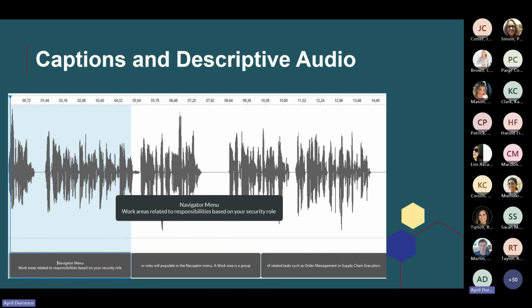For our instructional videos, we try to describe all the actions that we're taking on screen as part of the demo narration. So we're telling people exactly what we're doing, where we're clicking, where we're entering text, that kind of thing. We use automated captioning tools for our videos, but we also need to review and edit to ensure they're correct and correctly timed.